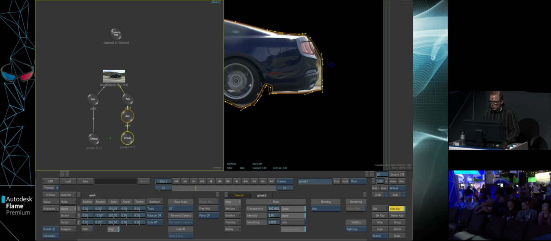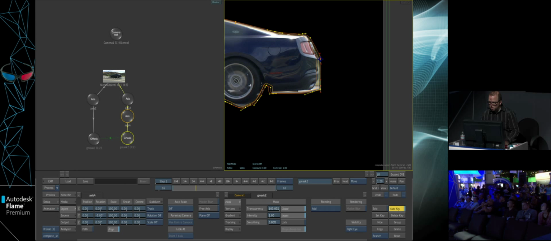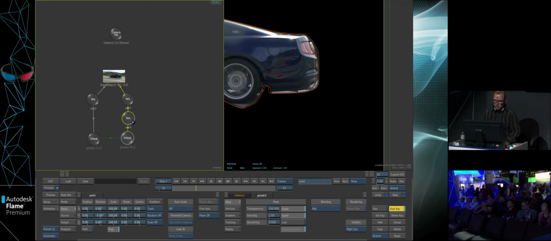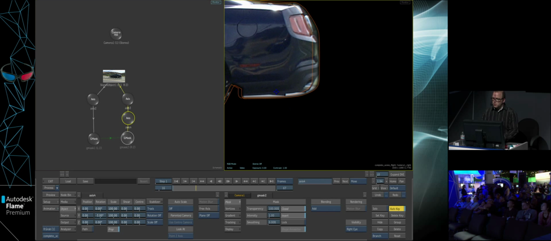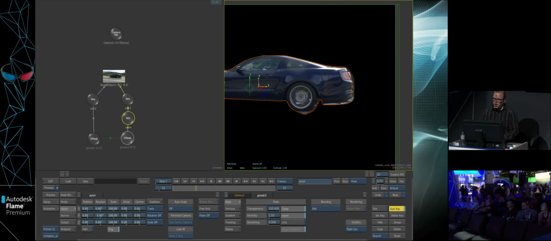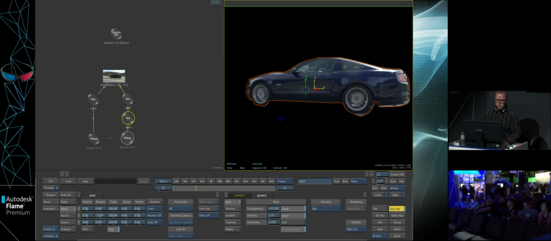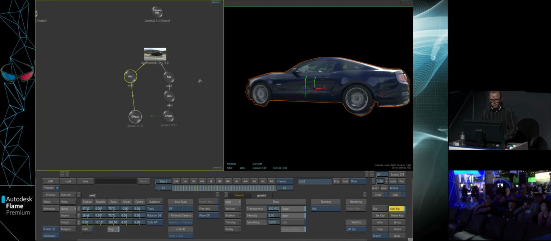So by just duplicating a link between my left and right here, what I'm going to do is change both of them, but using the offset that's right here. So this is kind of a clever way of making one shape, using it twice, and dealing with the differences between two eyes. So we've cut the car out, we've separated that from the background,